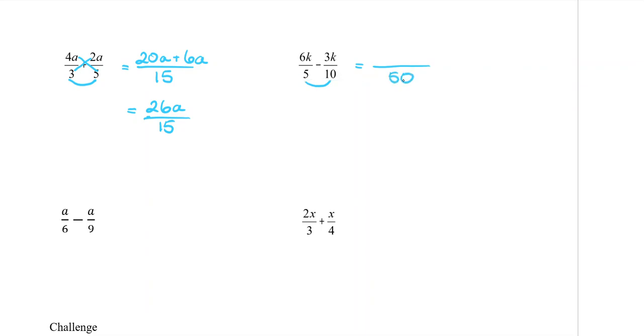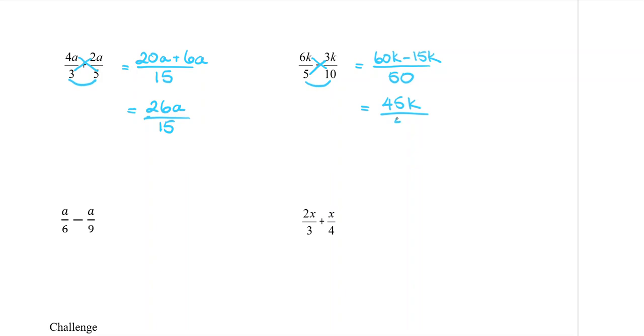So 5 times 10 is 50, then I'm going to do 6k times 10, which is 60k, we're minusing, then we're going to do 5 times 3k, which is 15k. All right, subtracting the top, 60k minus 15k is